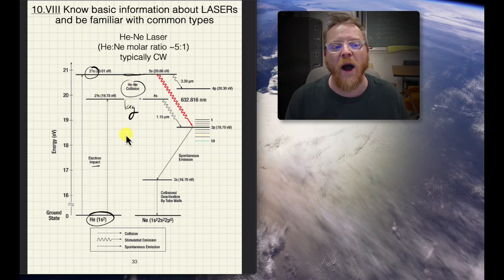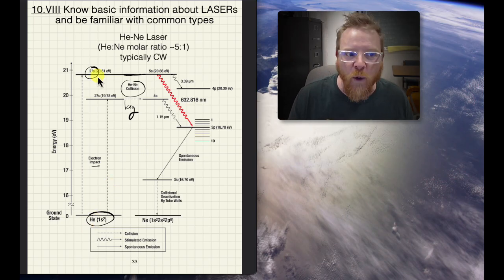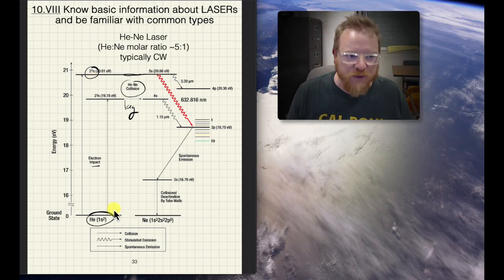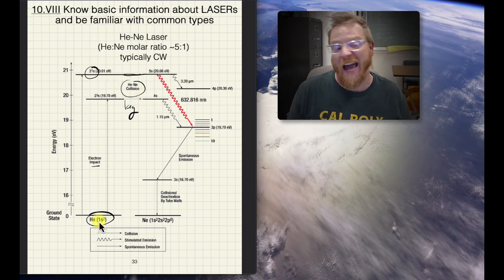You might be saying, well, why not just pump up the neon? Well, that wouldn't create a population inversion. We're getting a population inversion from this quick pump and then this slower conversion over to the neon energy source. So this allows us to pump a lot of molecules into their excited state, or in this case, atoms, helium